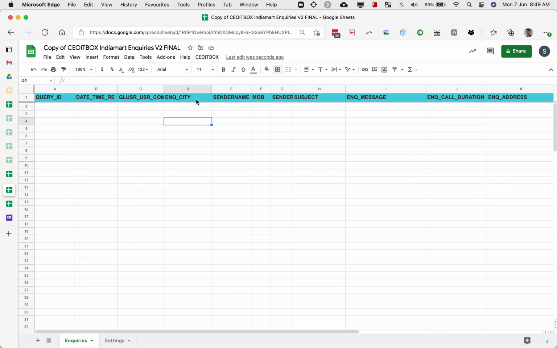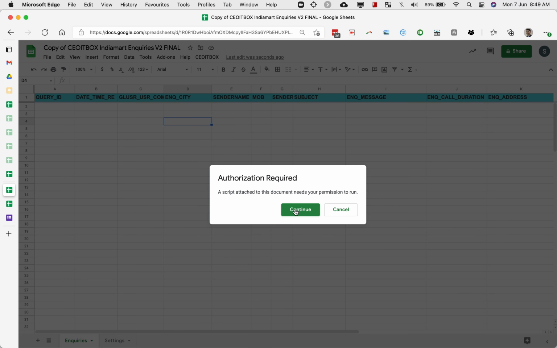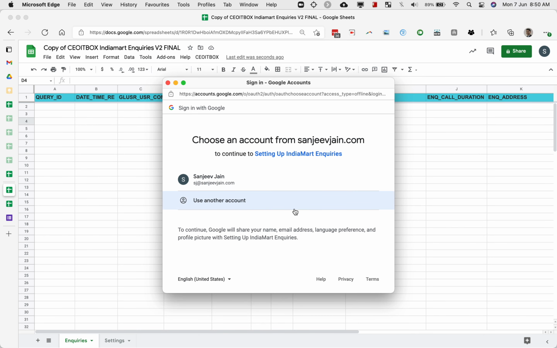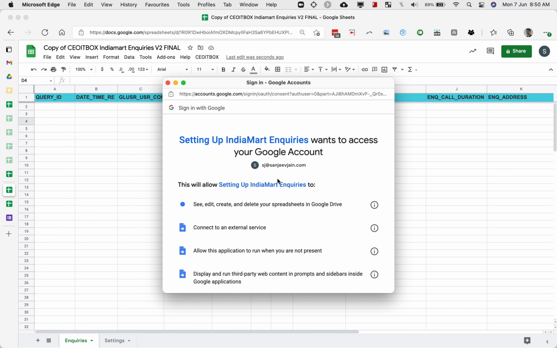So friends, on this page, just click on CUIT box and click on run manually. Click on continue. Select your Gmail account. So you have to be logged into a Gmail account. Okay.